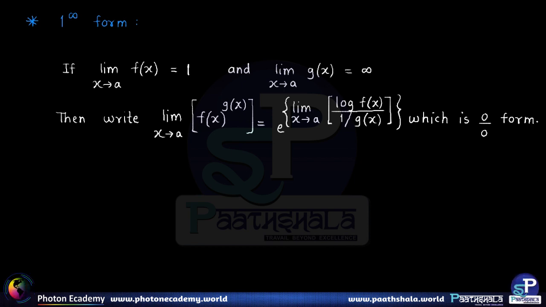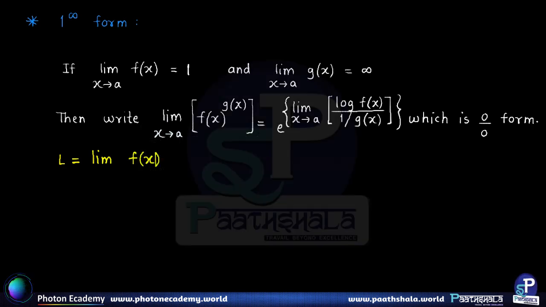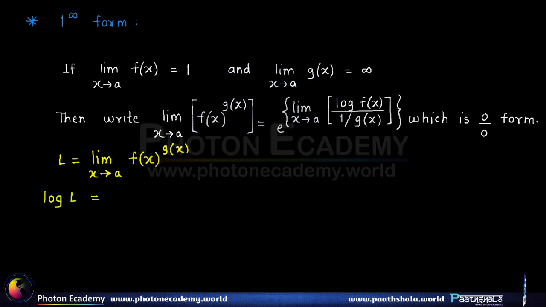Now let us quickly go through how this particular expression is obtained. For that, let us call the original limit L. That is, L is equal to the limit of f(x) whole raised to g(x) as x tends to a. Now what we do is we take the log of both sides. So therefore we have log of L equal to,